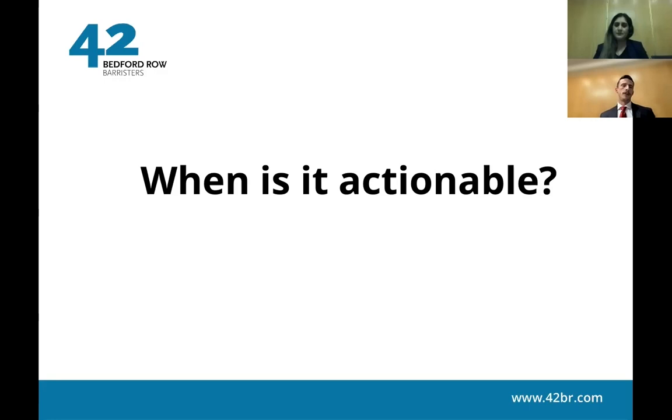Now, if you have damp and mould that meets the definition of disrepair, it will usually only actually become actionable through a court claim once the landlord has been given notice of the issue and has failed to remedy it within a reasonable period. This is the requirement of notice that you'll no doubt be familiar with. There is an important exception to that, though. If the underlying cause of the damp is a defect in a part of the building that the property sits in, and that part of the building is in the landlord's control, the landlord is going to be liable as soon as a problem arises, whether or not they've been given notice by the tenant or indeed had any time to fix it.